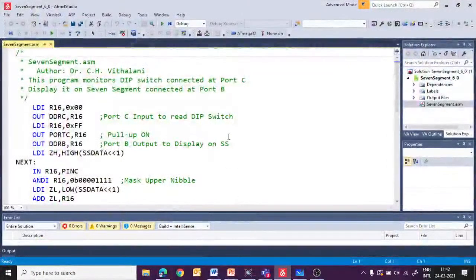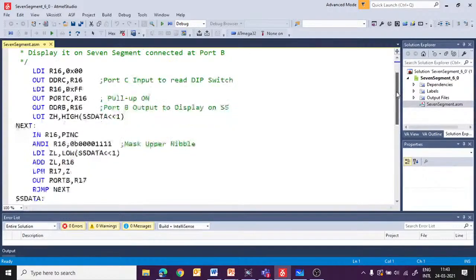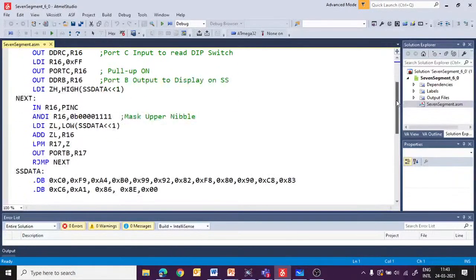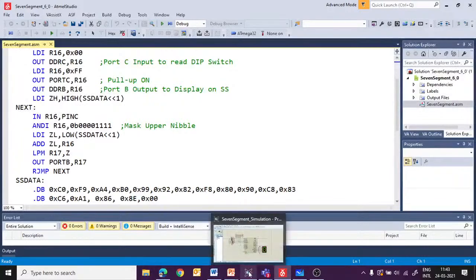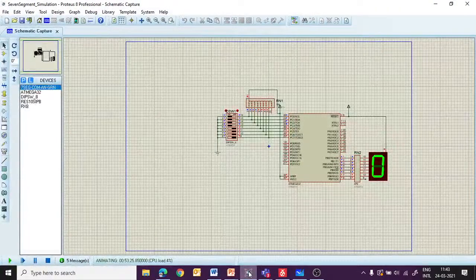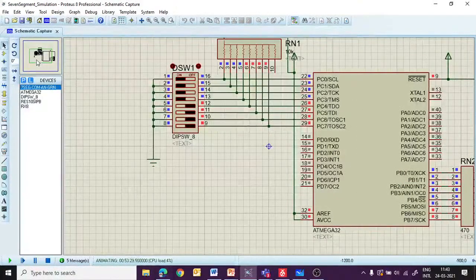I will show you the same program written here in AVR Studio. Is it visible to all of you, this program? Same program is written here. Yes, sir. So whatever program was explained, the same program is written here. Only a slight change in port. Here I have utilized port B. In the PPT it was port D, but no matter. Whatever port you are using, you have to make the corresponding connections. I will show you the Proteus diagram where everything is connected together.